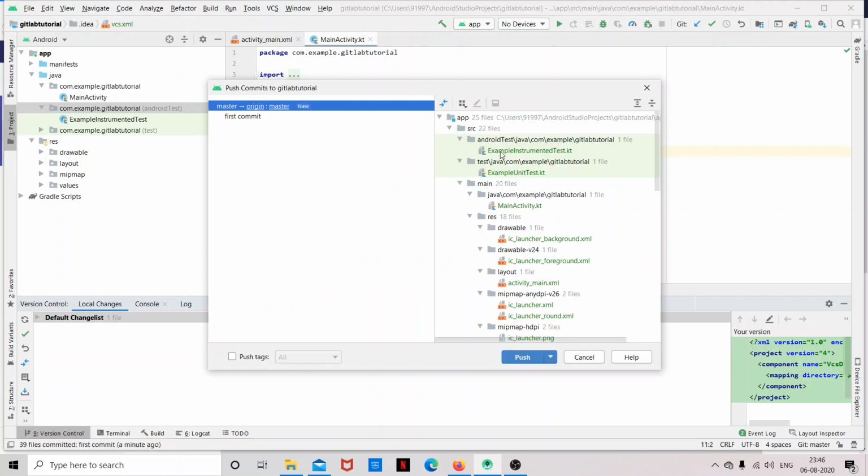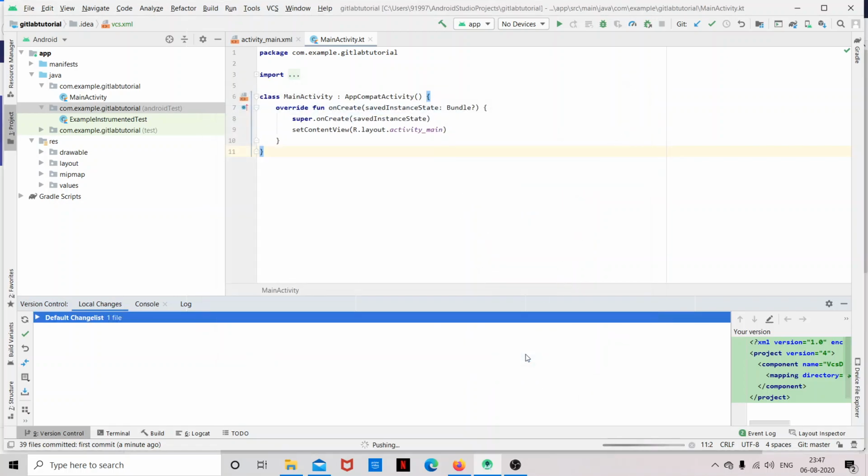So my commit is now ready to be pushed. If I click on push, all my commits are now pushed to my GitLab.